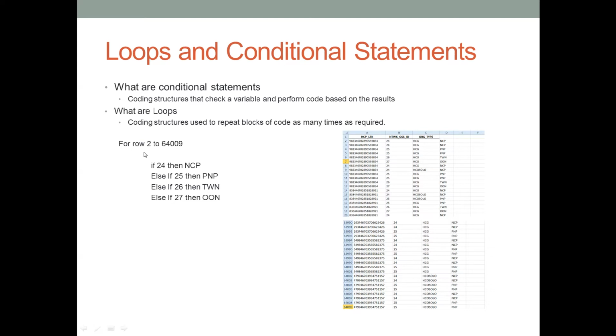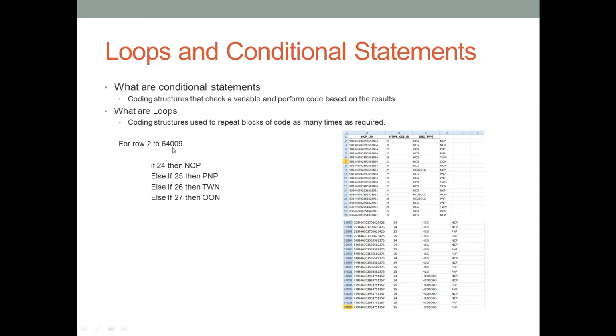So here's how we look at a loop. There's several different kinds of loops, but I'm going to stick with one that is pretty intuitive right now, and that's called the For Next loop. Now, here's the start of it right here. For row 2